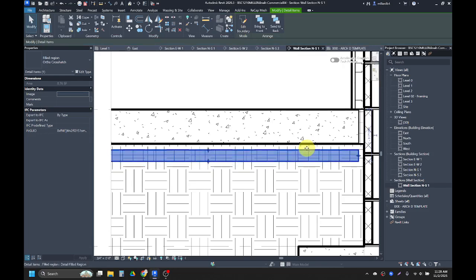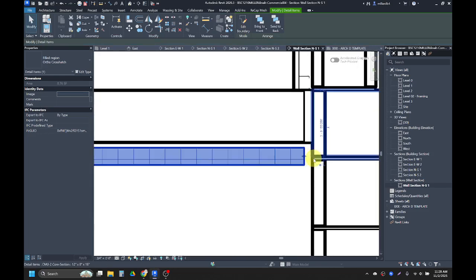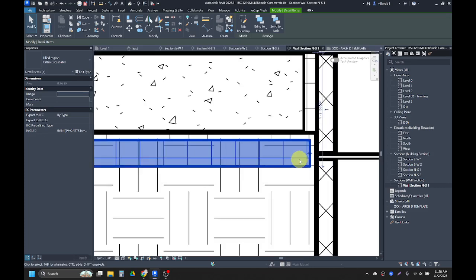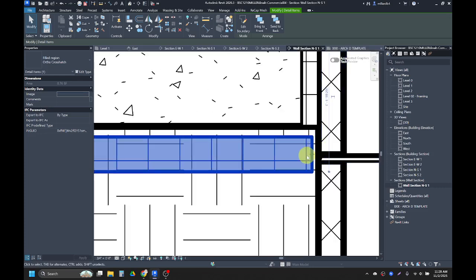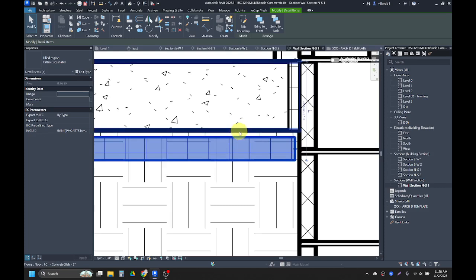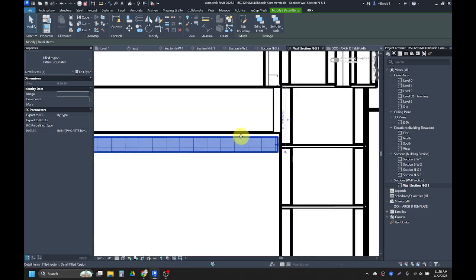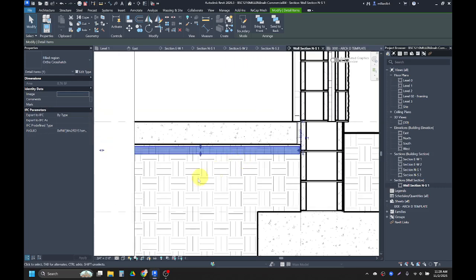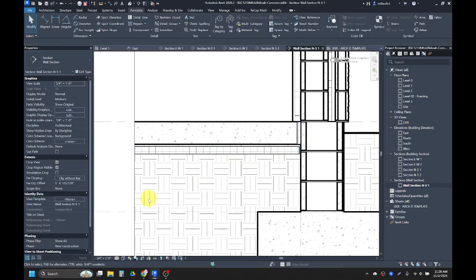And then I'm just going to use my arrow keys on my keyboard to scooch it pretty close to the wall, but not touching, and pretty close to this floor, but not touching, because I want to add a detail line in underneath that later. I'll hit escape a bunch of times, and then we're going to put in a layer of 6 inches of